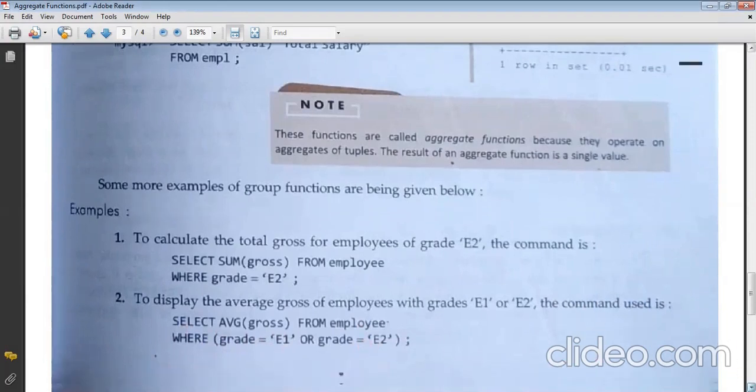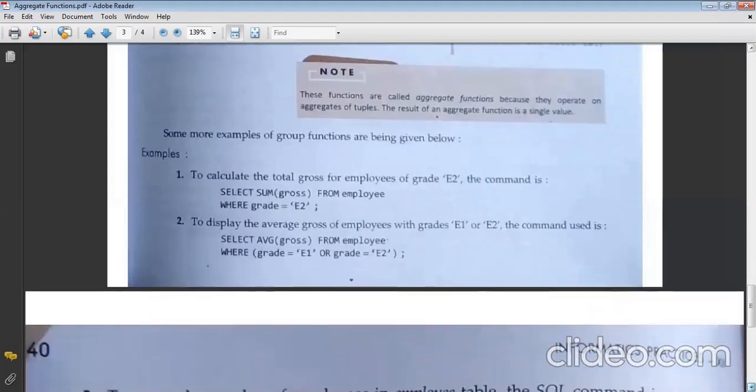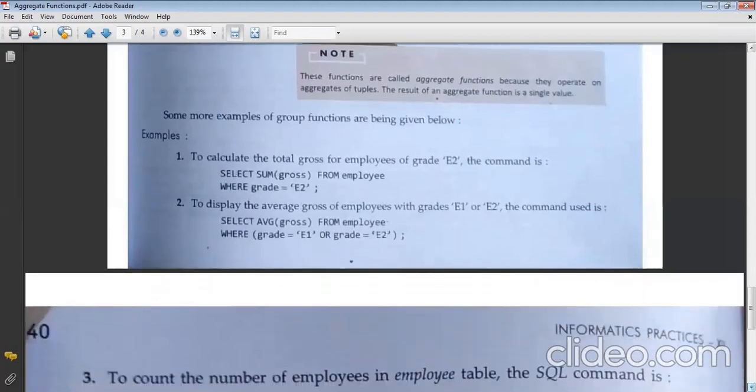The next question for you all is to count the number of employees in the employee table.